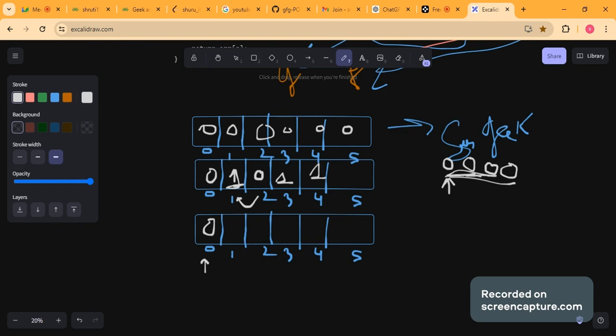And if we have 5 coins available, it can choose either 3, 4, or 1 coins. If it chooses 1 coin, then there will be 4 coins available, so the friend chooses 4 and he wins. We don't want that. So we can next choose 3 coins. If we choose 3 coins, then we will be left with 2 coins. And Geek can't choose 2 coins, he would have to choose 1 coin. So another 1 coin will be left, which we can choose. So the Geek will win the game. That's why we insert 1 here. So I hope you got the logic.